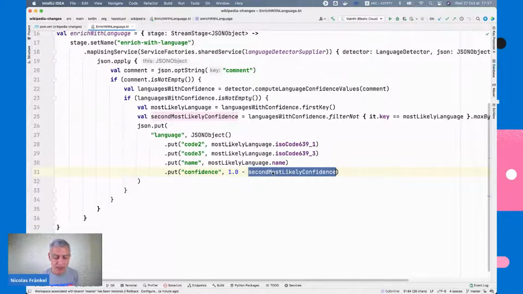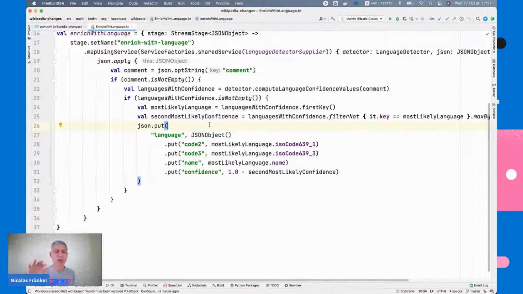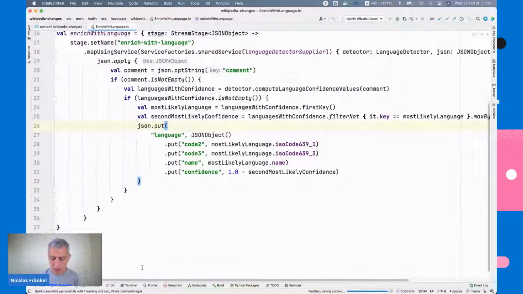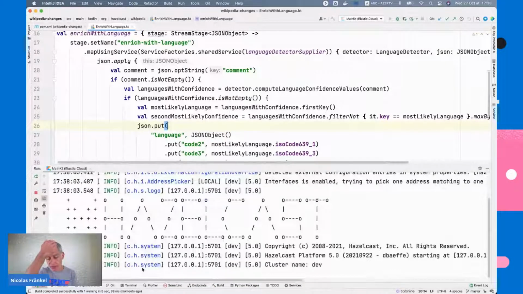So if this one is super, super close, then probably the algorithm tried to make its best bet, but couldn't really be sure. I could try to filter it here, and that's very important. But since I want to do data exploration, I will push as much data as possible into Elasticsearch, and I will adjust the filters on the Kibana side. So now if I run it, I will be able to filter it and say, hey, it must have a certain degree of confidence.